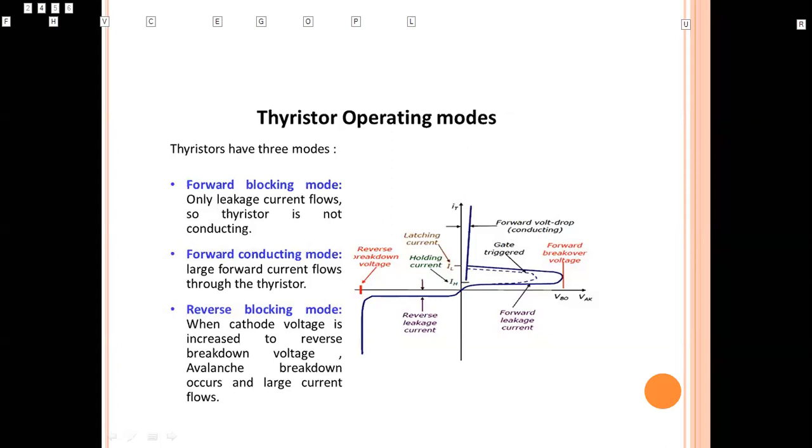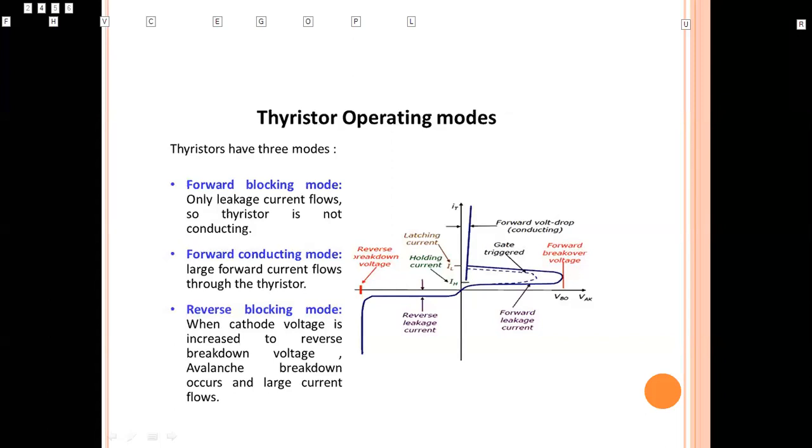As I stated, the device can be in the conducting mode, the blocking mode, the reverse blocking mode and the reverse conducting mode. How are these modes considered? As you know, whenever there is a free flow of electrons, that is the current, in any semiconductor device, we consider that state as the on state for the device, that is, the on state or conducting mode.